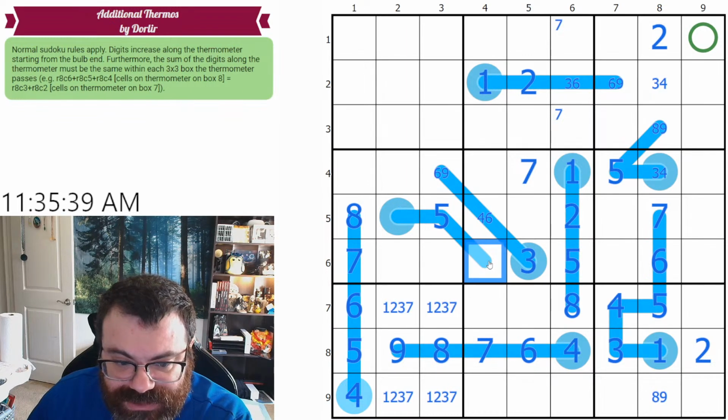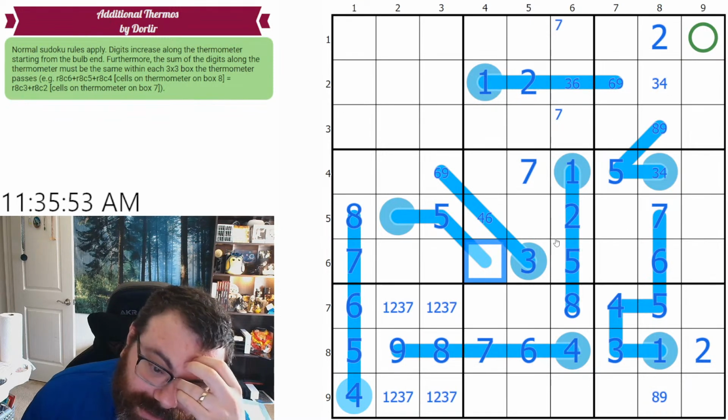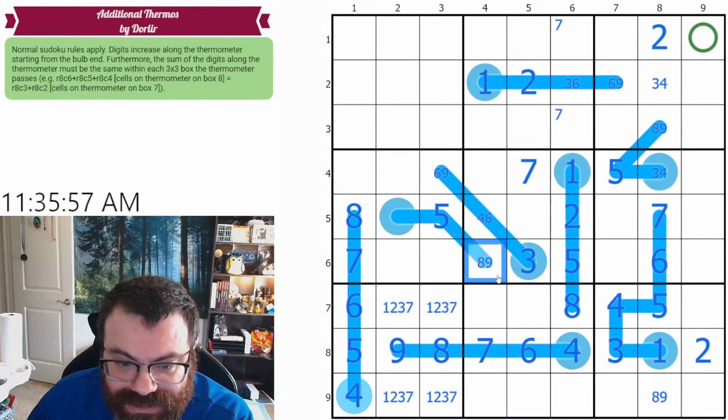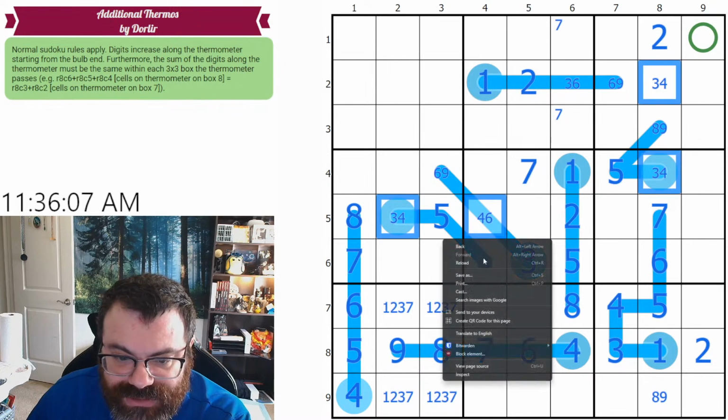So this is at least 6. Oh, but it can't be... Where's the 6 coming from? Oh, it's coming from there. The blue on blue. Oh my gosh. Scanning nightmare. This is 8 or 9. So this is 3 or 4. So if this is 4, this is 3, and this is...